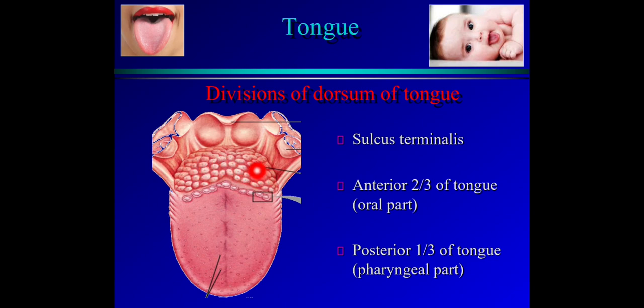Lingual tonsils are present in this. So this is the lymphoid part of the tongue, and this anterior 2/3 part bears the papillae, so it is called the papillary part of the tongue. I repeat again, the anterior 2/3 portion is the oral part, and the posterior 1/3 part is the pharyngeal part. The pharyngeal part constitutes the lingual tonsils. Anterior 2/3 part shows the papillary processes.